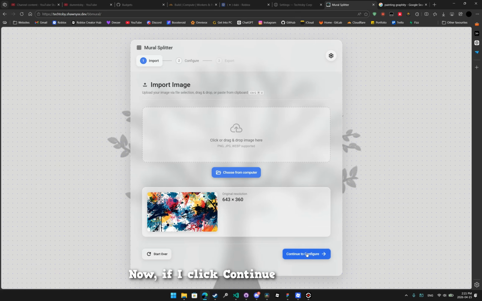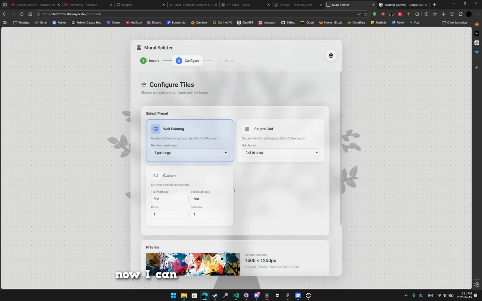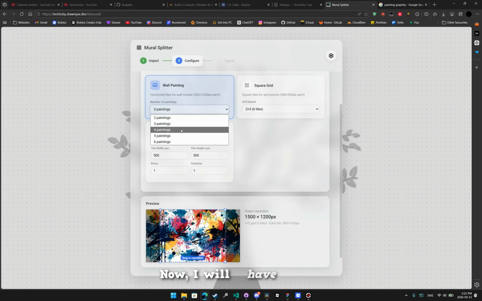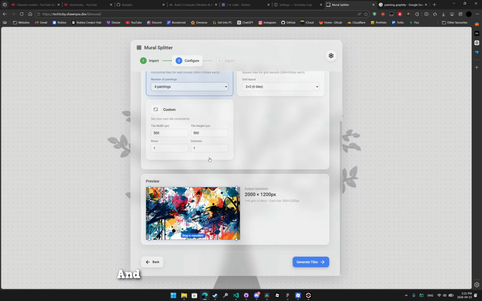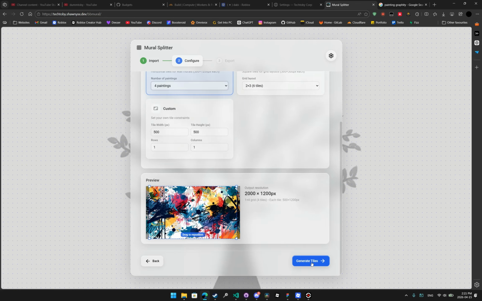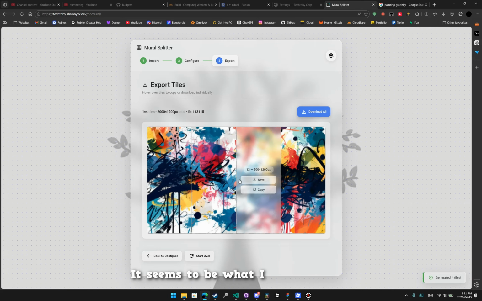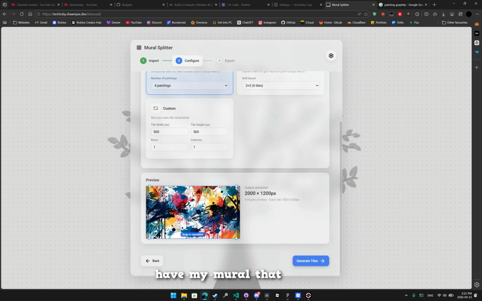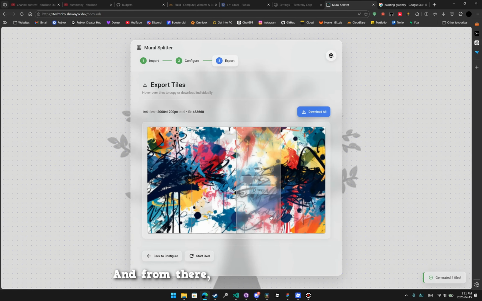Now if I click continue to configure, I can see that it says wall painting, and then I can choose the number of paintings that I want. As I can see here, it's a little square. It says it doesn't take the whole space, so I will click and choose 4 paintings. Now I will have this here, and it seems to be what I want to have. Now I click continue. Now if I click generate tiles, I will have my mural that is here, and from there you have to